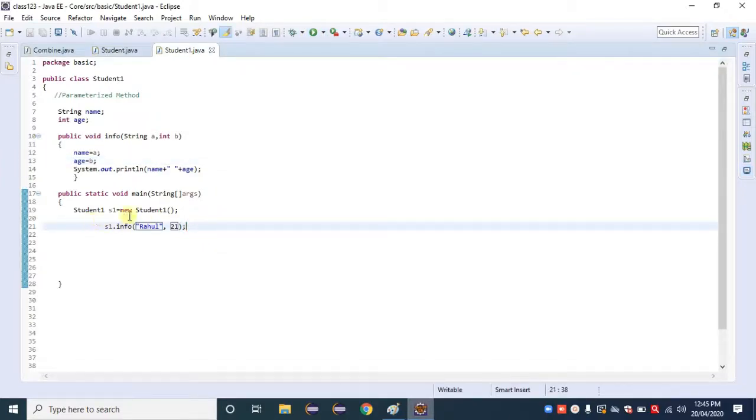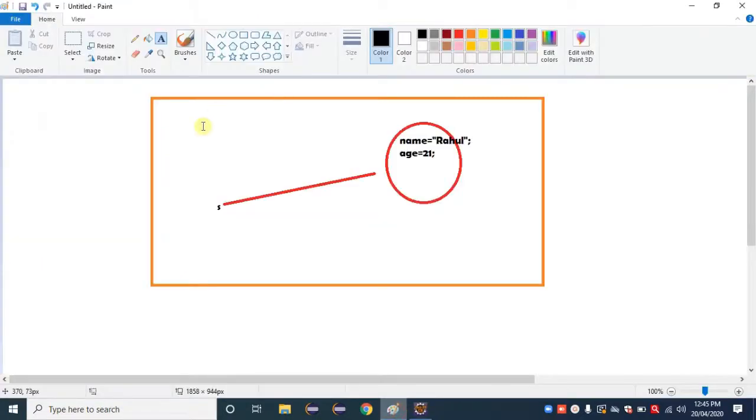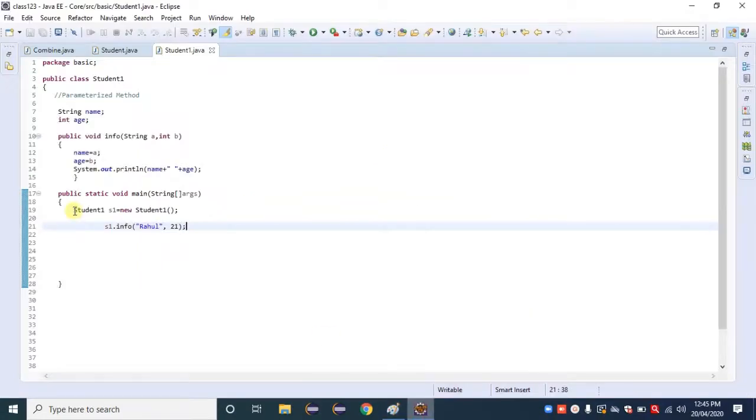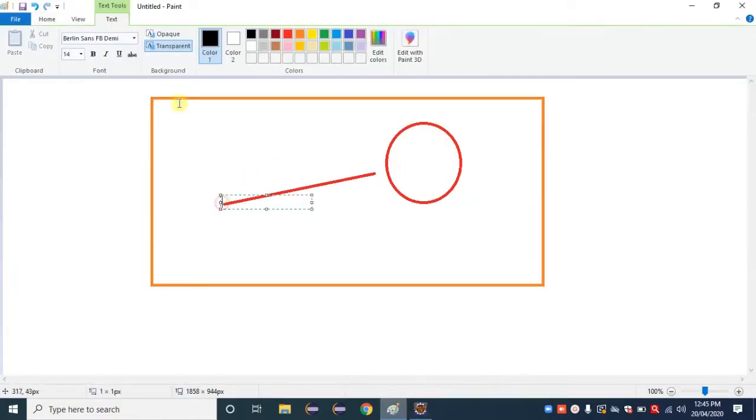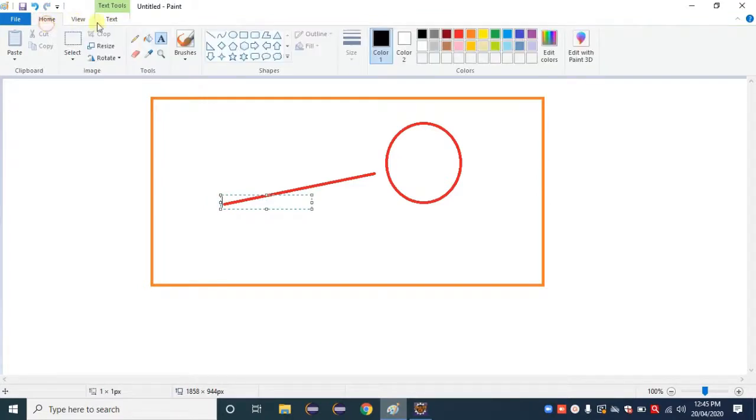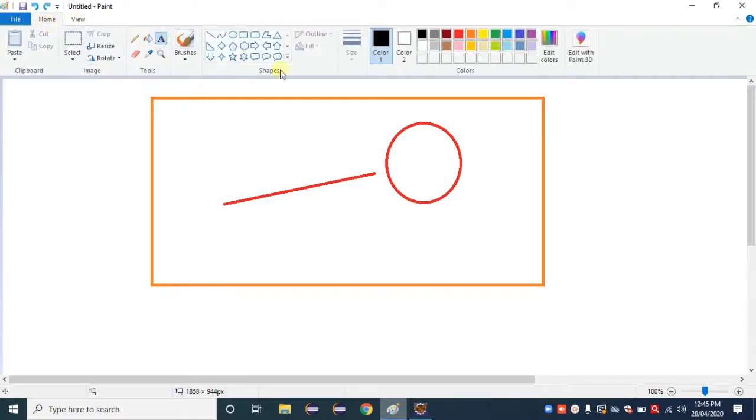So what happens inside memory? Similarly, when we create an object, we have created an object for the Student1 class. Inside RAM, space is given for that object, and that memory is represented by using a reference variable.